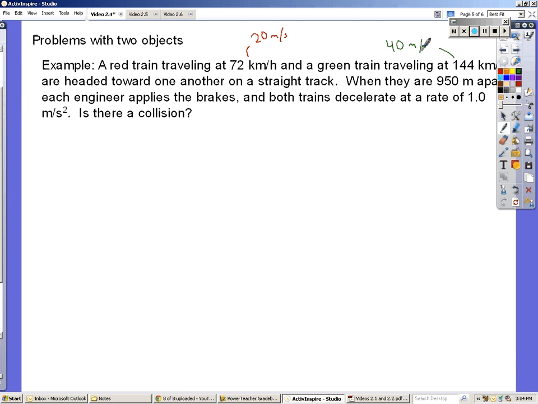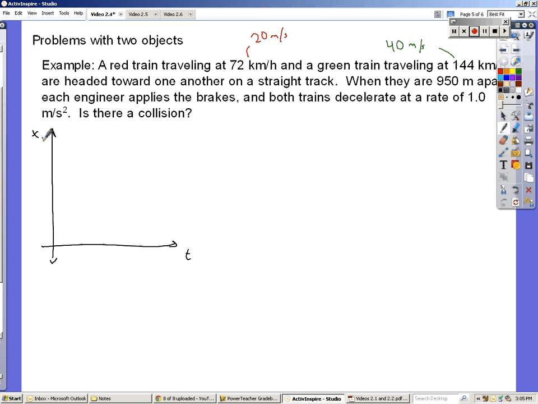As the red train slows to a stop, it's going to travel a certain distance. As the green train slows to a stop, it will travel another distance. If those two distances together are less than 950 meters, they will not collide. So an example would be